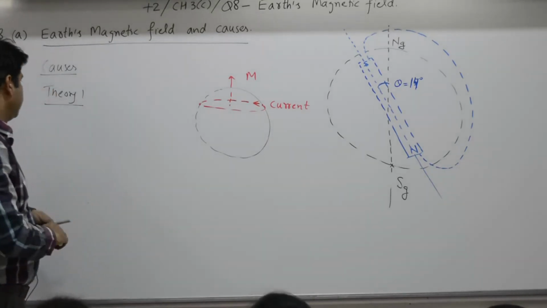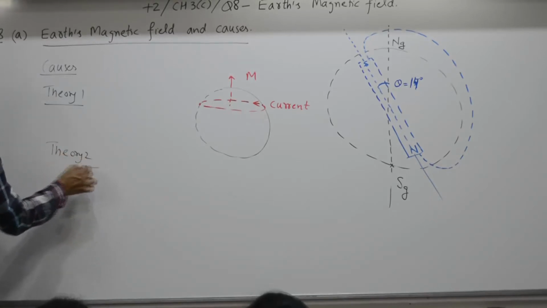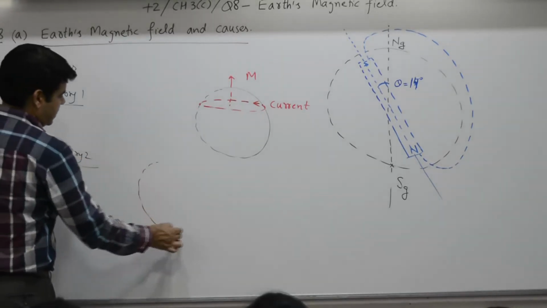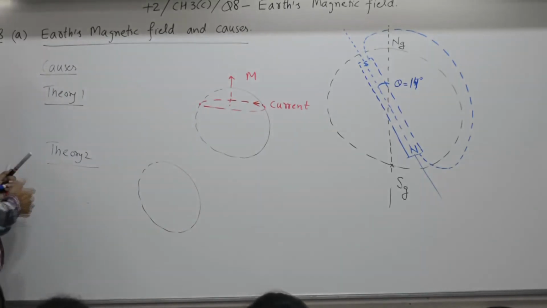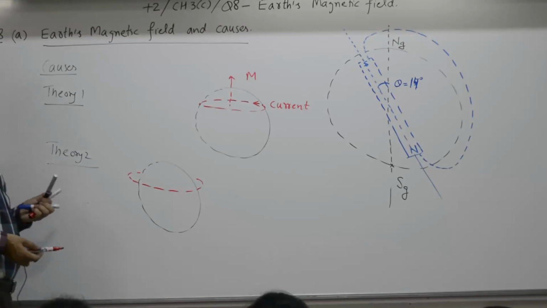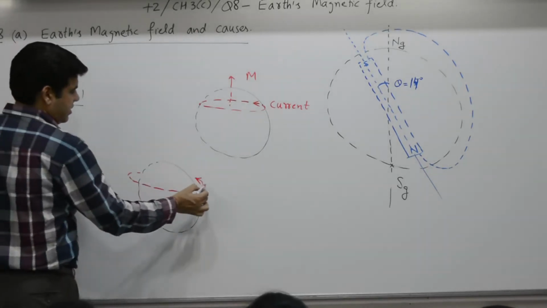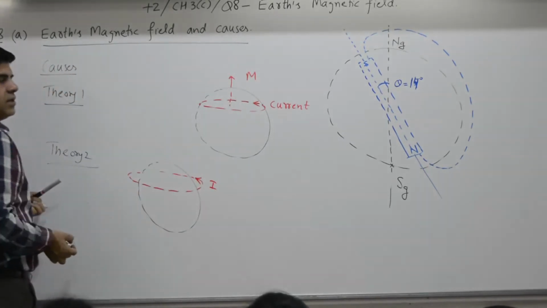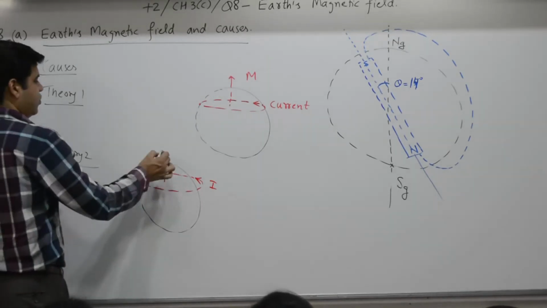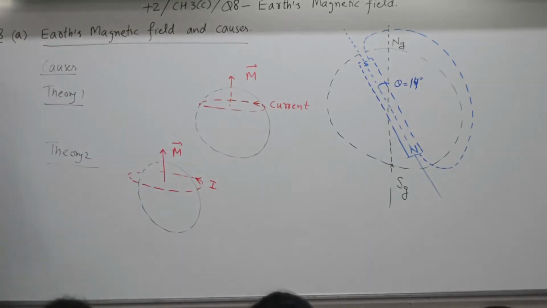This is 1. Theory 2. Some people say no, there is earth and surrounding the earth there is atmosphere. Agreed? And in atmosphere there are ions, charges. When the earth rotates, that atmosphere also rotates. That causes current I in a ring. That causes magnetism M. Still we are not clear what is the exact cause, because if you explain the cause,